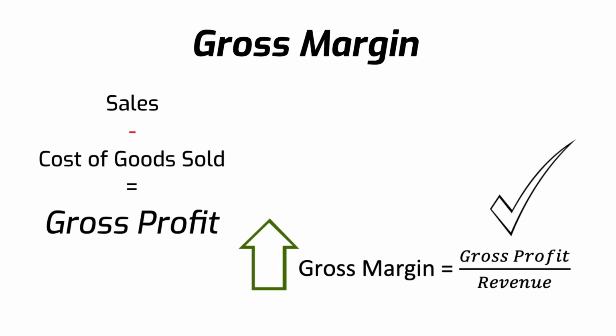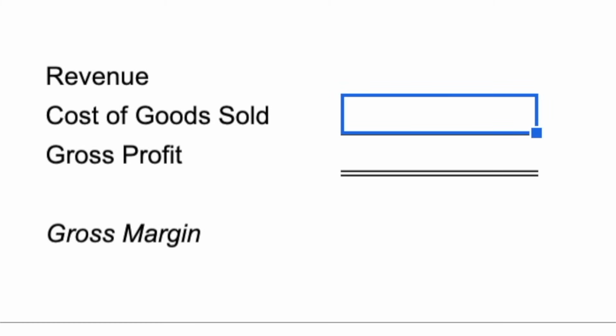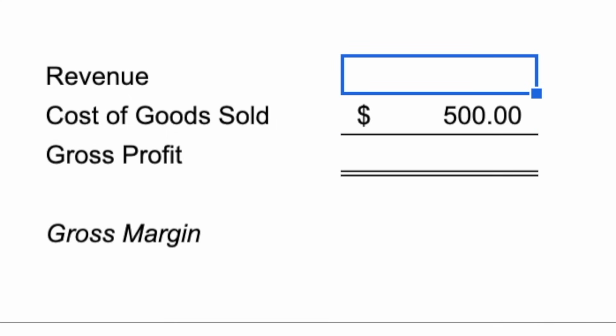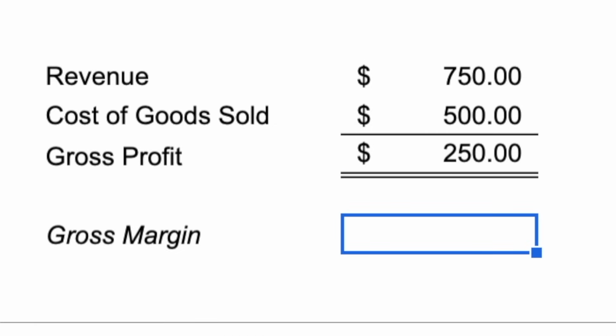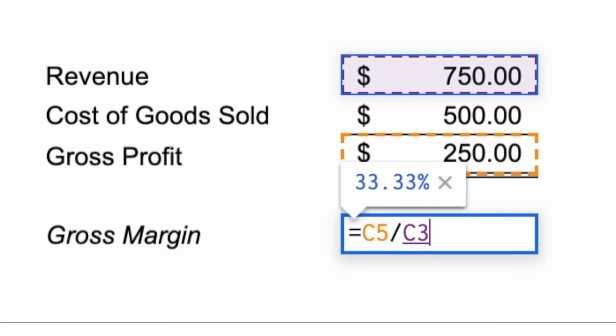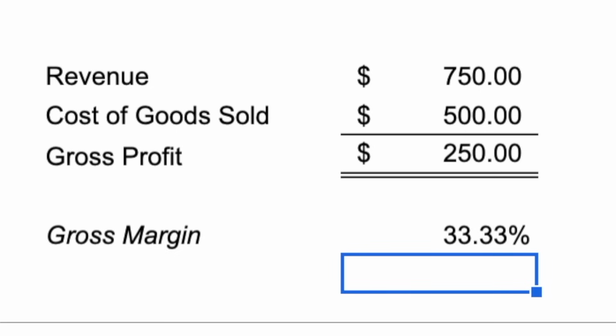Let me explain what I mean. Let's say it costs Apple $500 to produce an iPhone. If they are able to sell that phone for $750, their gross profit on that is $250, calculated by taking the $750 sale price and subtracting out the cost of goods for that iPhone, $500. This is a gross margin of 33%, calculated by taking the $250 gross profit and dividing it by the $750